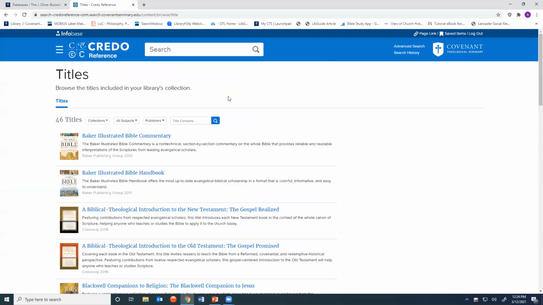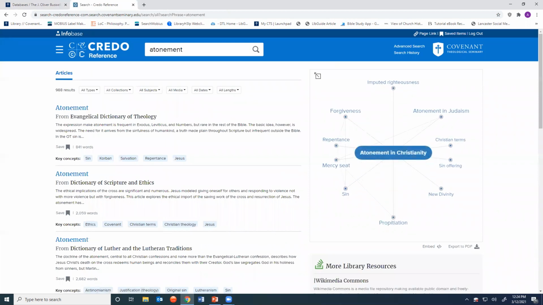Okay, let's go ahead and do the same thing we did in the Oxford database and search for Atonement. We've got 988 results here. One kind of cool feature of Credo is that when you search for a particular topic, it gives you all kinds of related topics.